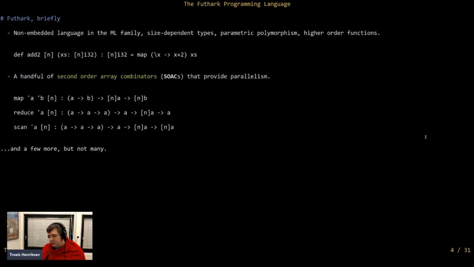Now, that doesn't mean that the language is meant for inexperienced programmers. In practice, the people who have the kinds of problems that a language like Futhark is suitable for tend to be pretty experienced programmers who do complicated things with high computation requirements. But we think the language should be simple so that they can focus on the complexity in the domain instead.